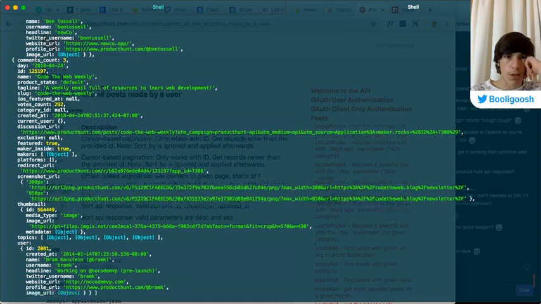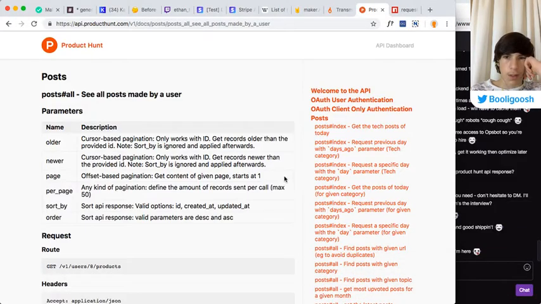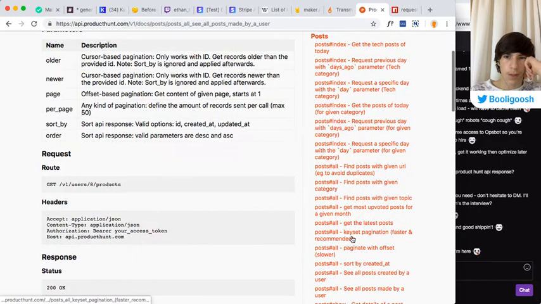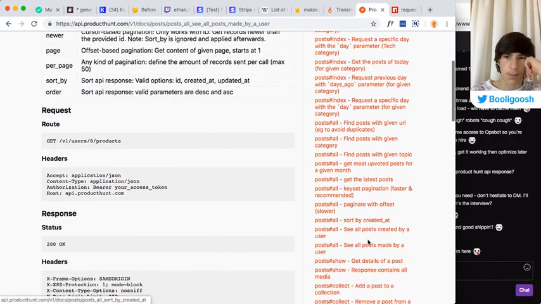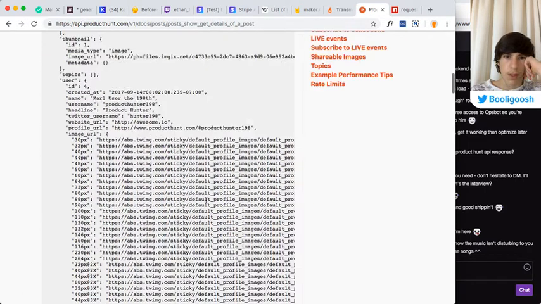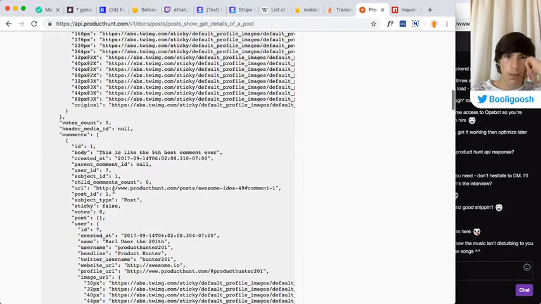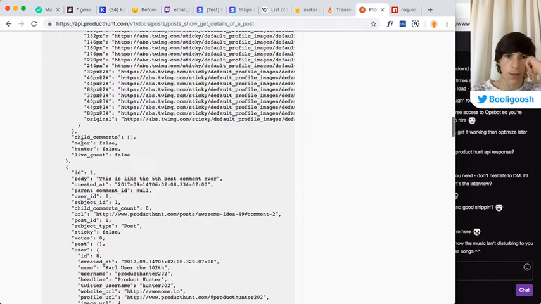Odd that we can't get like the gallery, but I suppose this will do for the moment. Let's just check get details of a post. Maybe we can see it if we go to here. What's this? Comments.